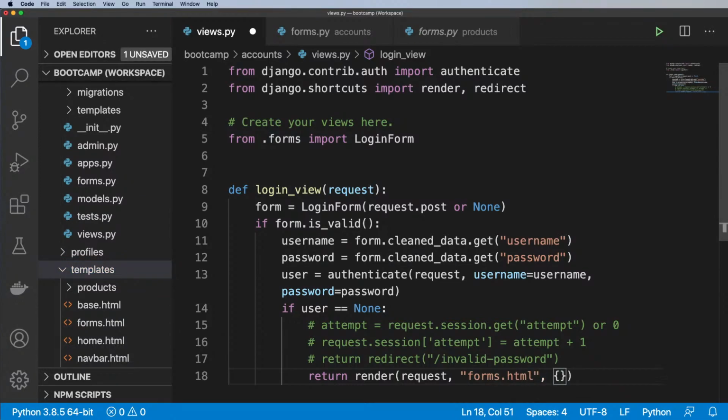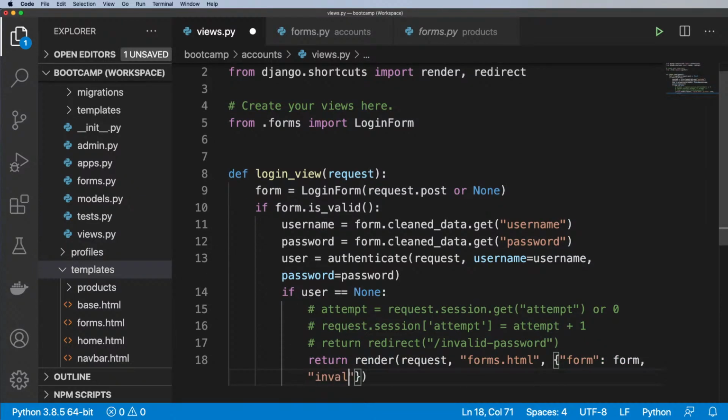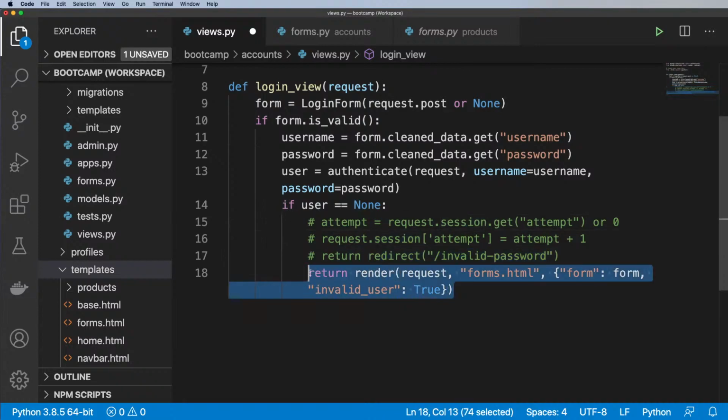And I'll give the context, so the form itself as context. And then I'll also say invalid user being true. Okay, so that's just a very simple way to add additional, hey, this is an invalid user. Now in my forms.html, I can handle this invalid user. This is also true in other places as well, right? So now that I think of this concept of additional context that I'm adding to my template for forms.html,